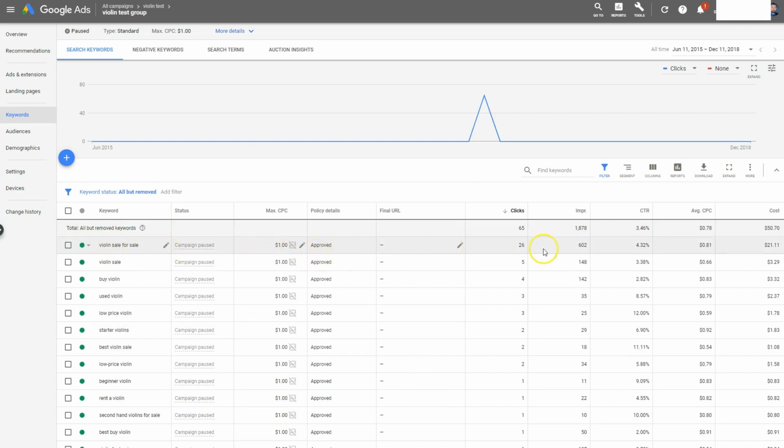But the most important data is right over here. We've got your number of clicks, impressions, which means how many people saw your ads for those keywords, click-through rate, average cost per click, and the total cost from that keyword so far. So to take one of these as an example, the term violin sale has brought in 5 clicks to our website so far. That's out of 148 people who have seen the ad, which gives us a click rate of